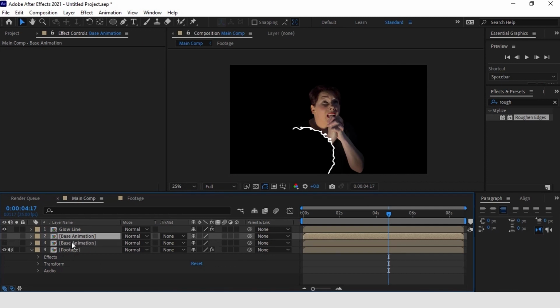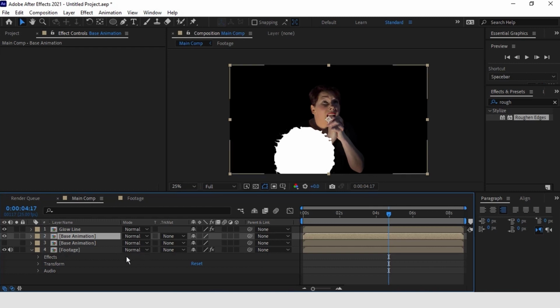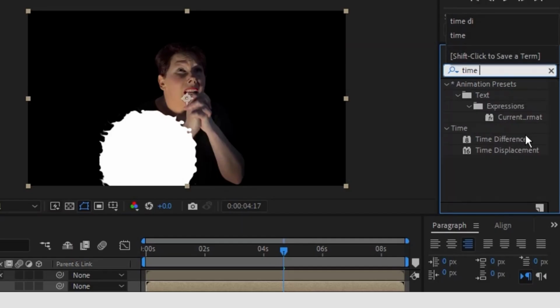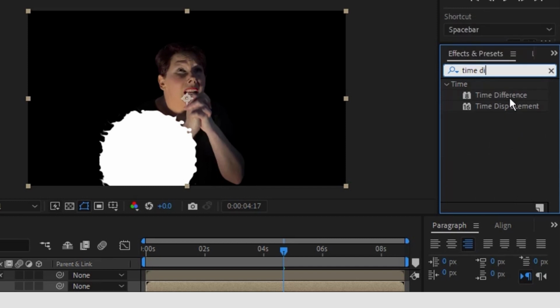Now duplicate the base animation comp and turn on its visibility. I renamed this layer comp as back body map because this is going to be our map for creating the back part of the body. Search for the time difference effect and apply it on our duplicated base animation comp.